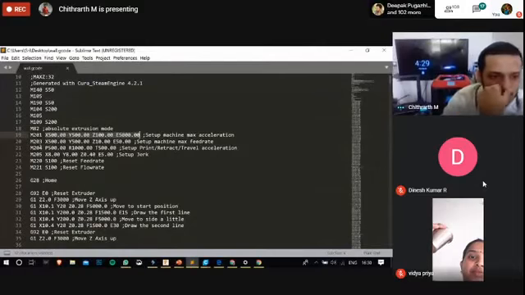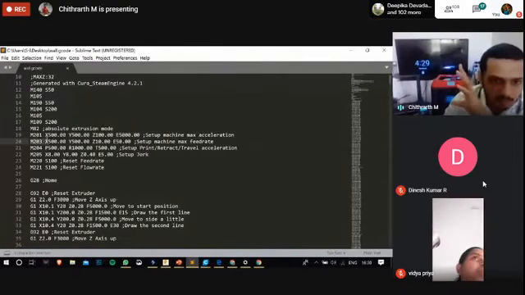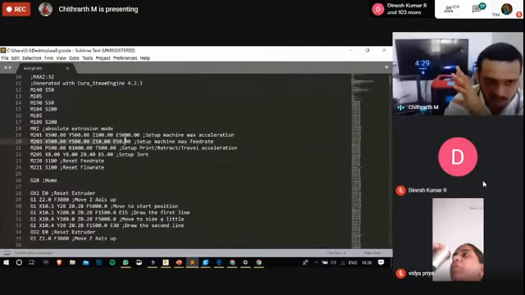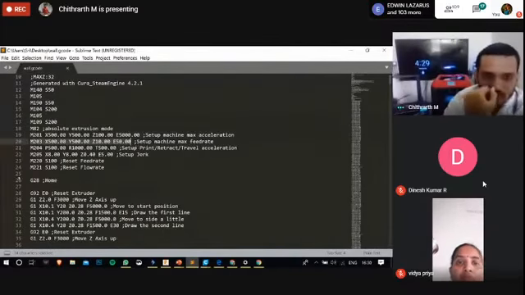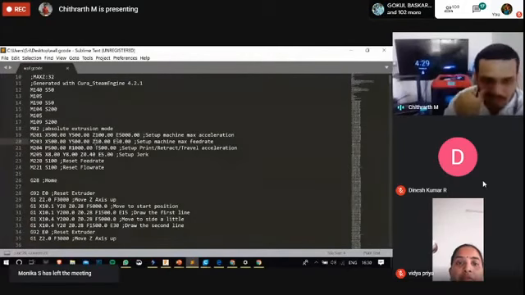And M203 is setting up the feed rate. Feed rate is the speed at which the axis is going to move, or the amount of material to be deposited on a particular axis. While moving in the x-axis or y-axis, the maximum feed rate should not exceed 500. For the z-axis, the feed rate is not more than 10. And for the extruder stepper motor, the feed rate is not more than 50.